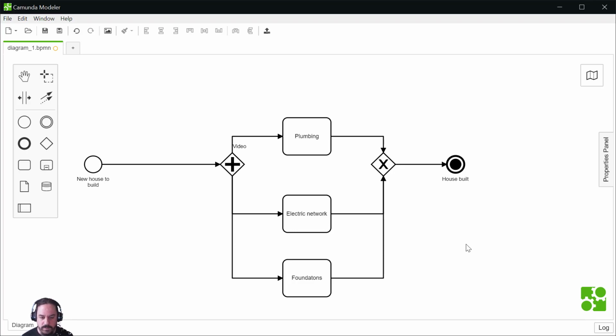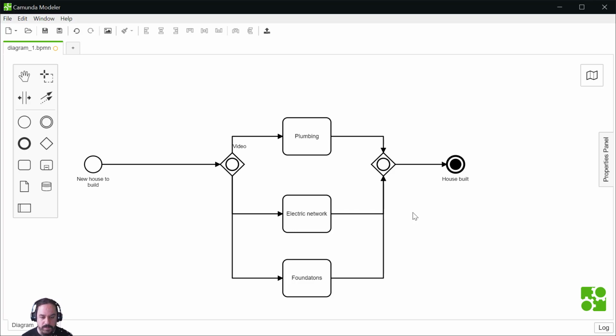So now you have the knowledge for exclusive and parallel gateways. The last one is a mixture of these two. So let's see what it is. I will change it to inclusive. Now we have these little circles, and these circles mean that you can choose how many tasks you want to do from this. So for example, we may need to only do plumbing and electric network.